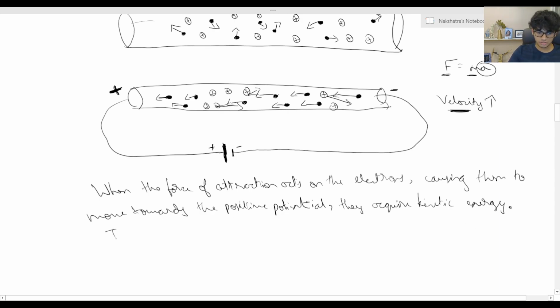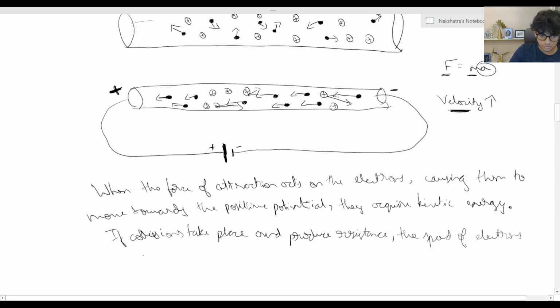एनर्जी। लेकिन अब हमें पता है कि ये तो कोलाइड करेंगे, if collisions take place and produce resistance, the speed of electrons are reduced। ठीक है, कोलिजन के बाद इनकी पोजीशन चेंज हो जाती है और इनकी स्पीड भी कम हो जाती है। सो द स्पीड्स ऑफ इलेक्ट्रॉन्स आर रिड्यूस। हर इलेक्ट्रॉन की जो स्पीड है वो कम हो जाती है।